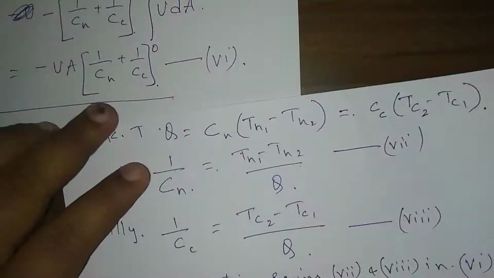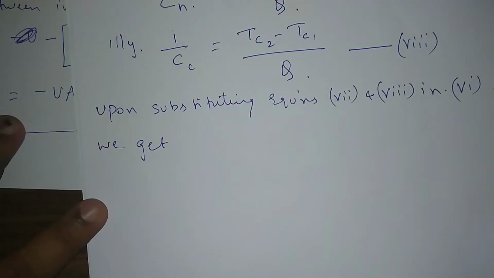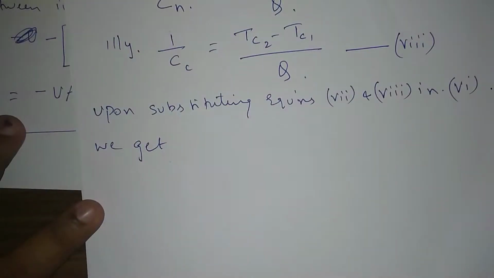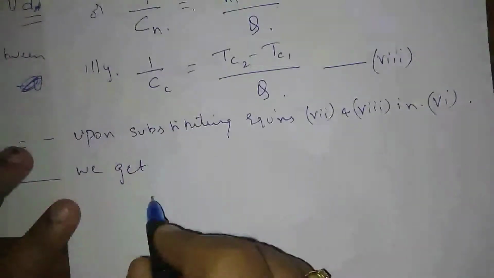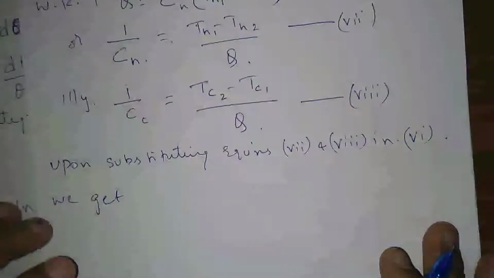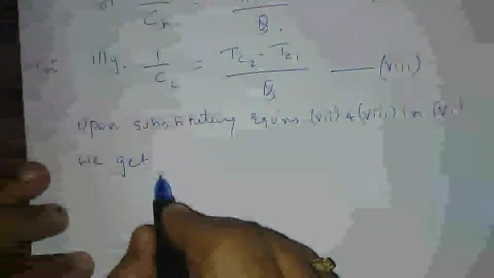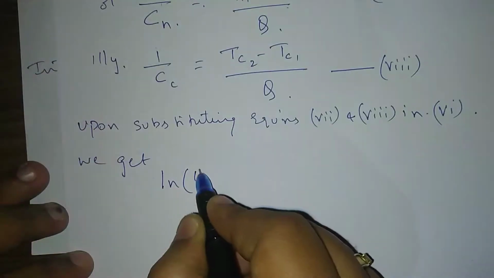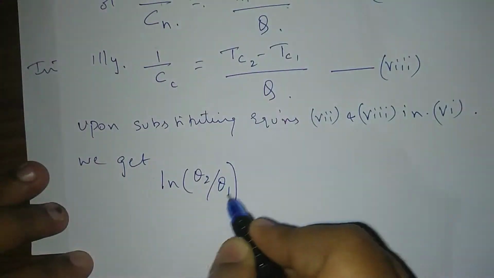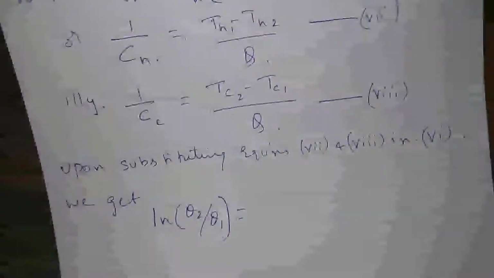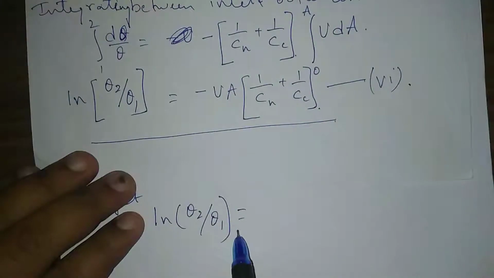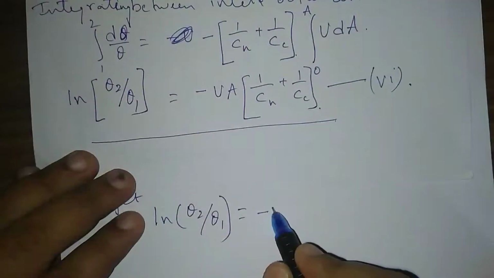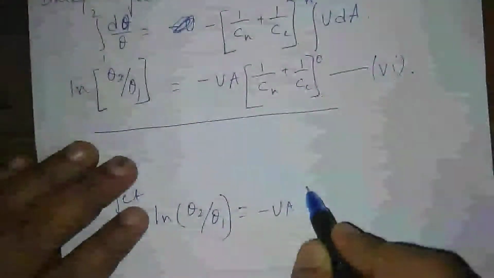If we substitute this, we are going to end up with this equation. I'm just keeping this equation here for your reference: ln of theta 2 divided by theta 1 is equal to minus UA times